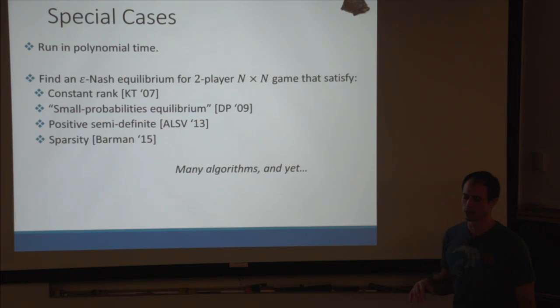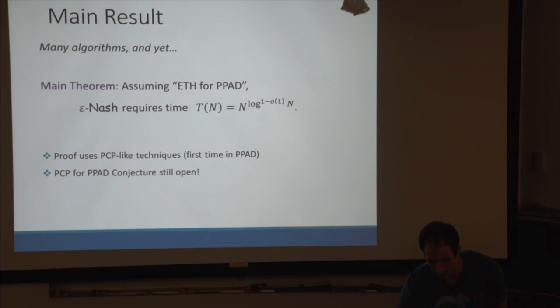There are also a lot of special cases. For example, if the matrix is positive semi-definite, then you can decompose it, and then you can do roughly the same idea we had earlier that gave us log n over epsilon squared. Now, when you decompose it, it gives actual polynomial time. The punchline of all of this is